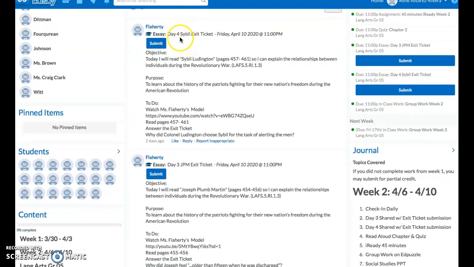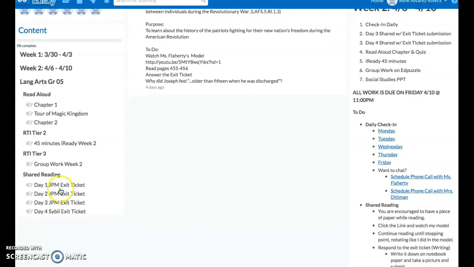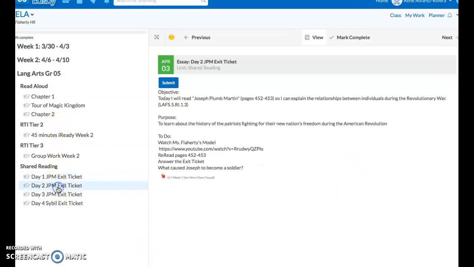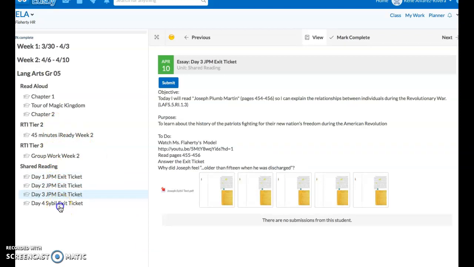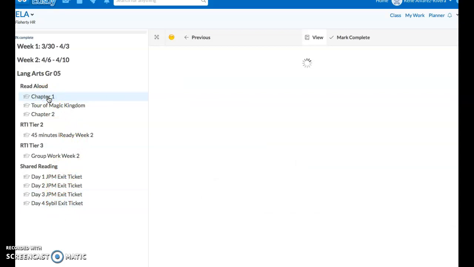In the center will be the assignments that they need to complete for their exit tickets. And then if they know that they need to go back into, say I sent them a message, hey Renee, I'm missing day 1. Renee can click day 1 and he can find exactly what needs to be done here. Everything is laid out. If day 2, day 3, chapter 1, if it loads,